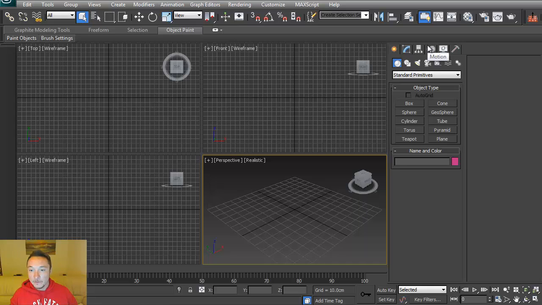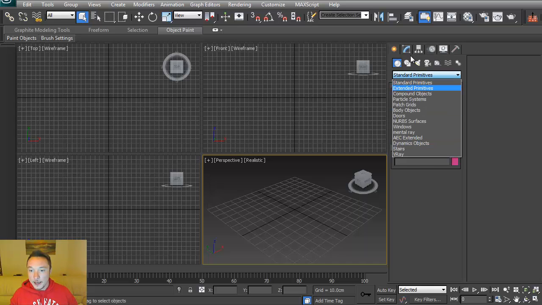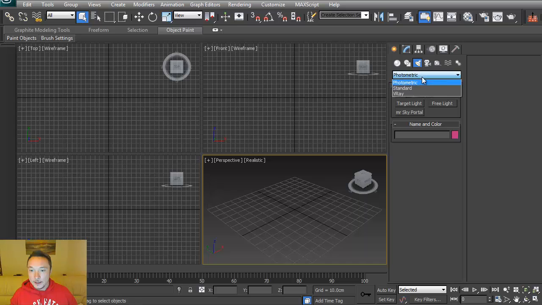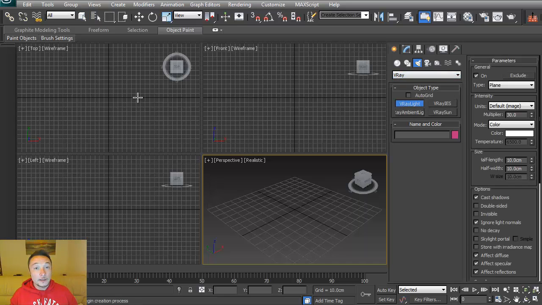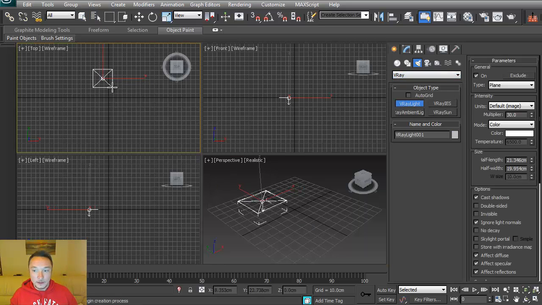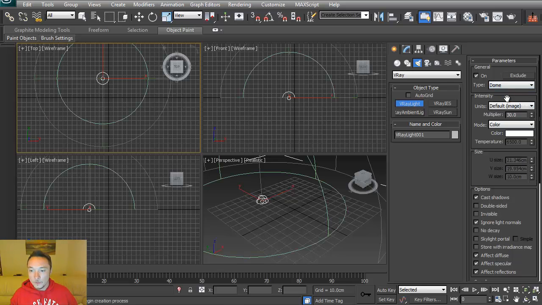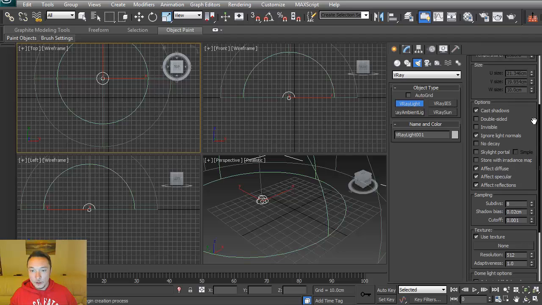So first things first, I'm going to select my VRay lights, and I'm going to make a basic VRay light. I'm going to convert it into a dome, and very important, set it up to 1 from 30, because by default it's 30. And now we can scroll down